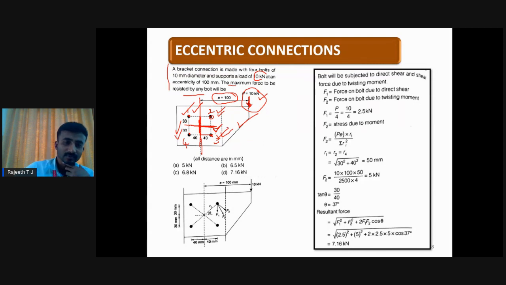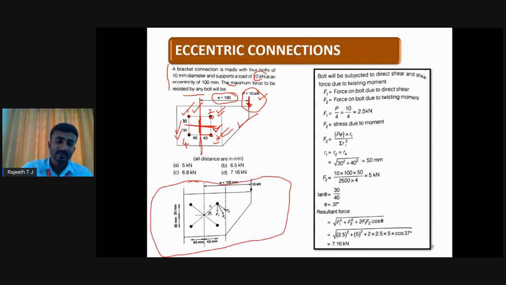Out of these four bolts, if you take any one, all the bolts are at the same distance. If you take three, x will be 40, y will be 30. If you take two, x will be 40, y will be 30. If you take one and four, again x will be 40, y will be 30. So all four bolts are carrying the extreme forces. Now I will select one of the bolts here. In the solution here,